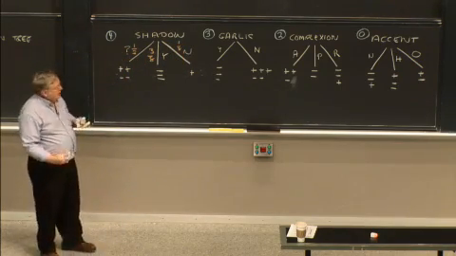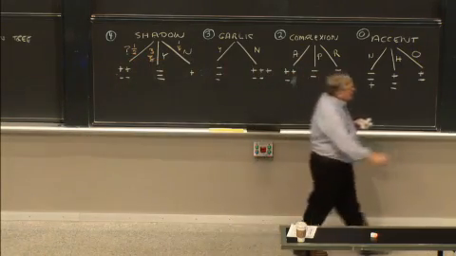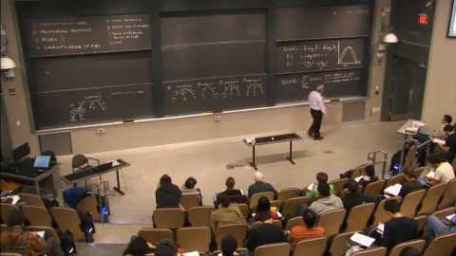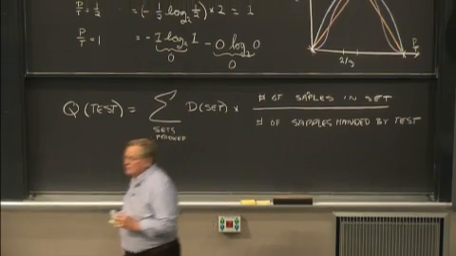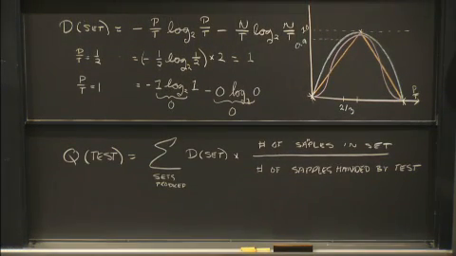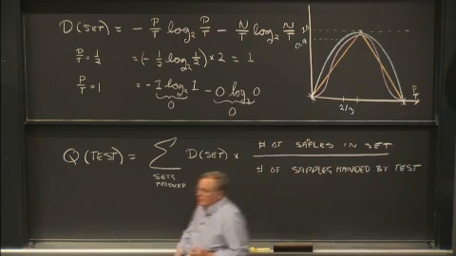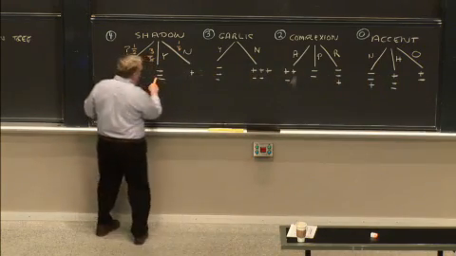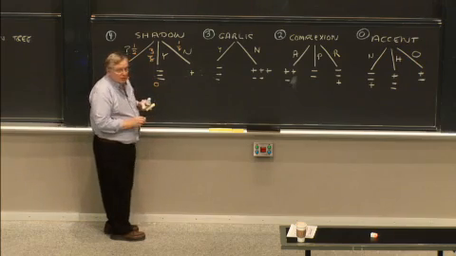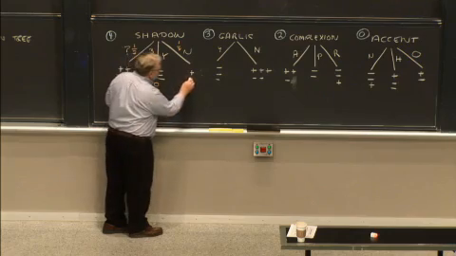Now, what do we actually find at the bottom of these things? Here's a homogeneous set. Everything's the same. So if we go to that curve and ask what is the disorder of a homogeneous set, it's 0. They're all the same, so that means it's 0 over there. So the disorder of this set of 3 samples is 0. The disorder of this set of 1 sample, all the same, is 0.